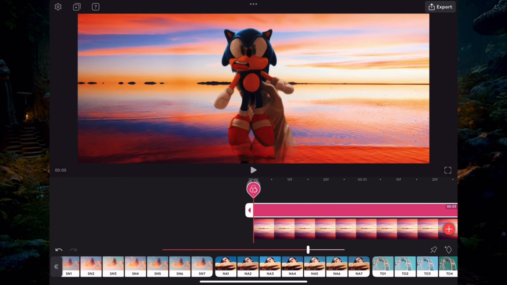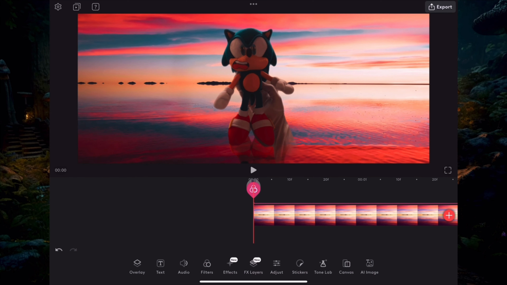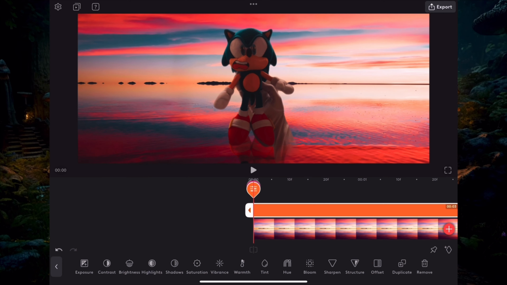Now here's something that I like to do to these scenes. It helps hide any of the imperfections you may see. Go ahead and create an additional adjustment layer, and then turn up the bloom just a tiny bit. It doesn't have to be too much. And that about does it for the